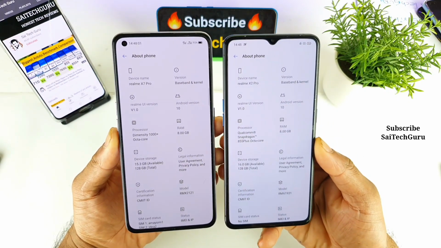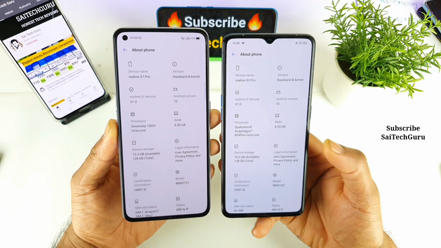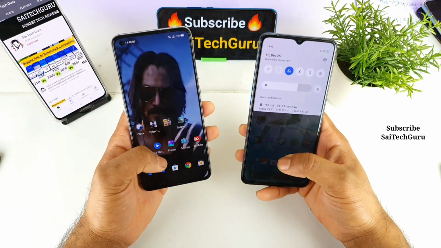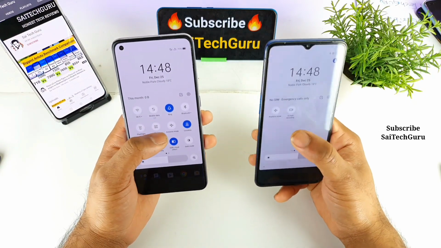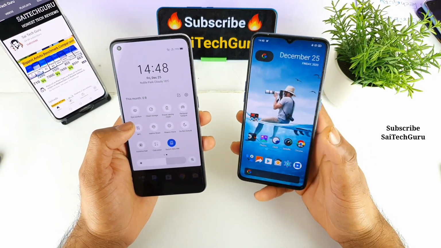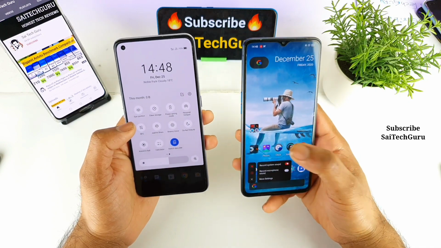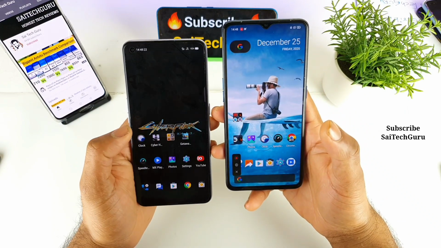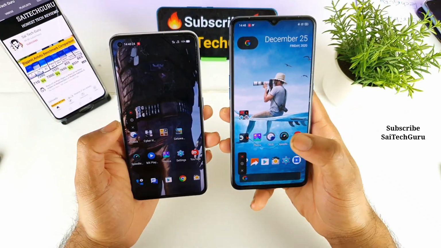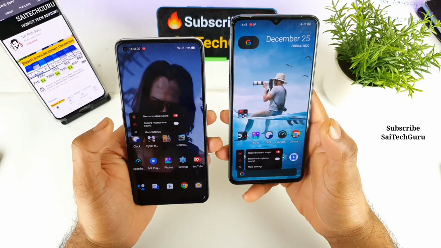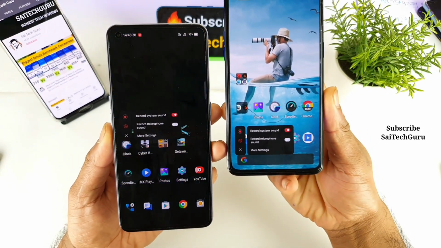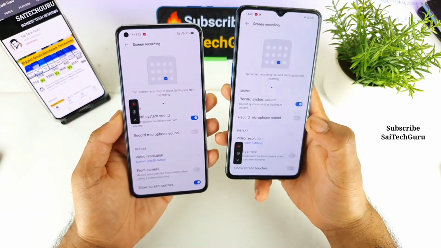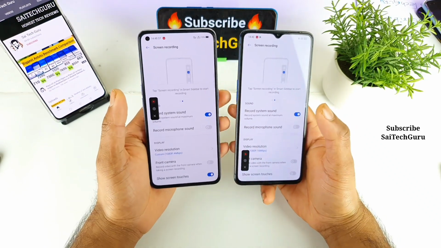As you can see, friends, Dimensity 1000 Plus versus Snapdragon 855 Plus and Realme X7 Pro and Realme X2 Pro device. So first, quickly let me try to show you the screen recording features that are available in the smartphones. If you tap on the screen recording, you do get the settings option. So let me quickly show you the interface, how it looks here. Let me tap on the screen recording. Even both screen recordings are tapped right now. Let me select the settings, and both are having the same kind of options, as you can see, friends. So there is nothing much difference here. Let me quickly select the more settings. Let's see what different settings we'll be finding in depth here.